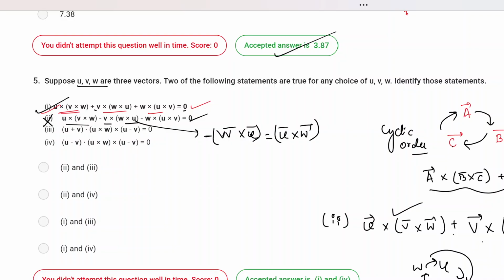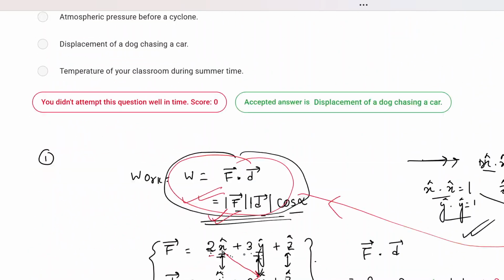Then options number 3 and 4 are left and you have to choose whether both of them are true or only one of them is true. So I'll directly solve option number 4, because that is the correct option, as I have previously solved it myself, and I'll show you why that is true. And once that is true, that immediately tells you that the other one will be false, because both have opposite signs. But I am showing you the derivation below here of why I am saying that this one is true and the other one is false.